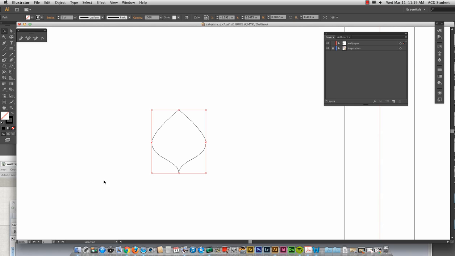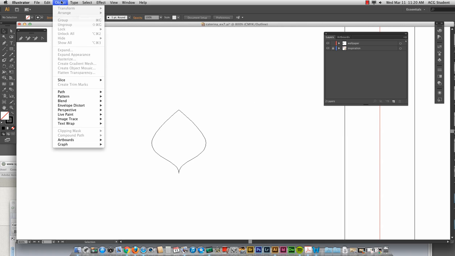You can't select it all and then group, ungroup? Grouping is different. What I did is I actually joined two separate anchor points. They were up at the top, on top of each other, so you couldn't see them. But if you dragged one side over, you would not have a closed shape. So when you tried to put a fill in it, it would look a little funky. Grouping is a little different, and we'll get to grouping. But you have a lot of options for your paths underneath the Object menu.